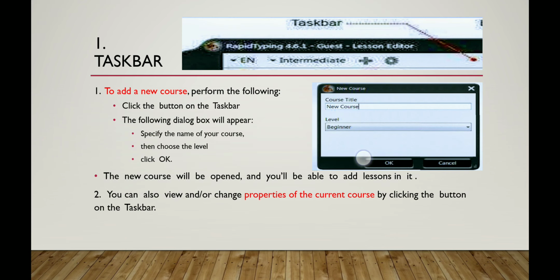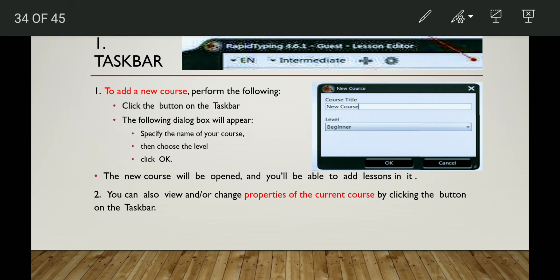Okay. Now let's see something about taskbar. If you want to add a new course, how to add that? First of all, click the button on the taskbar. See, this is the button that you have to click to add the new lesson, new course.